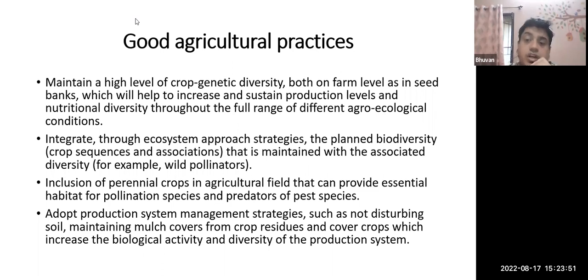Then the soil structure must be maintained. Excessive tilling practices must be avoided, and cover crops should be grown along with your main crops to ensure sustainable agriculture within your area. So next is